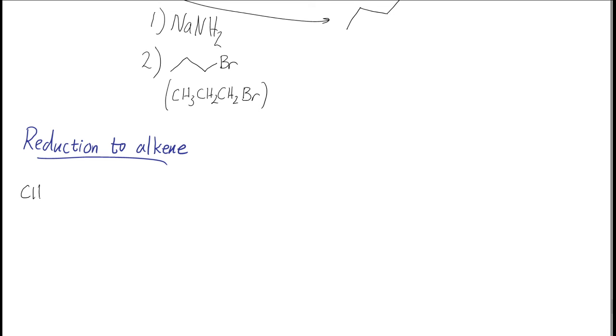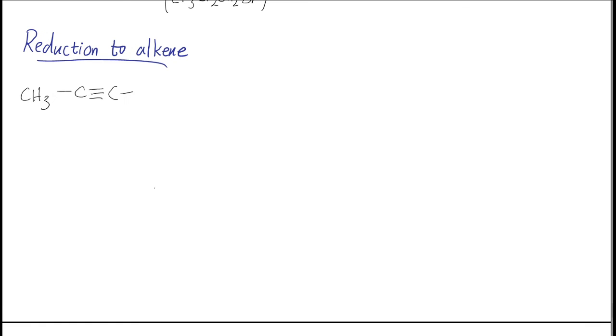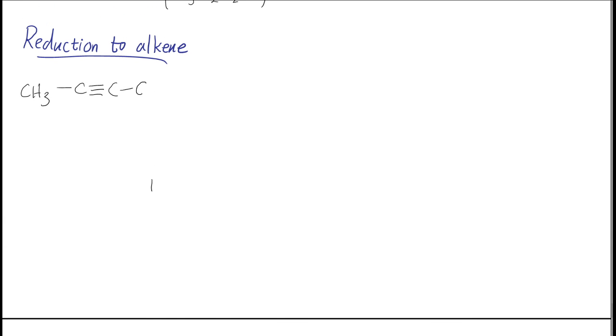So if we take, let's say, butyne. All right, here's butyne. And we saw this before. If we add hydrogen with our typical palladium type catalyst, we're going to make butane. We're going to do that full reduction, adding all the hydrogen that is possible. If we don't want to do that,